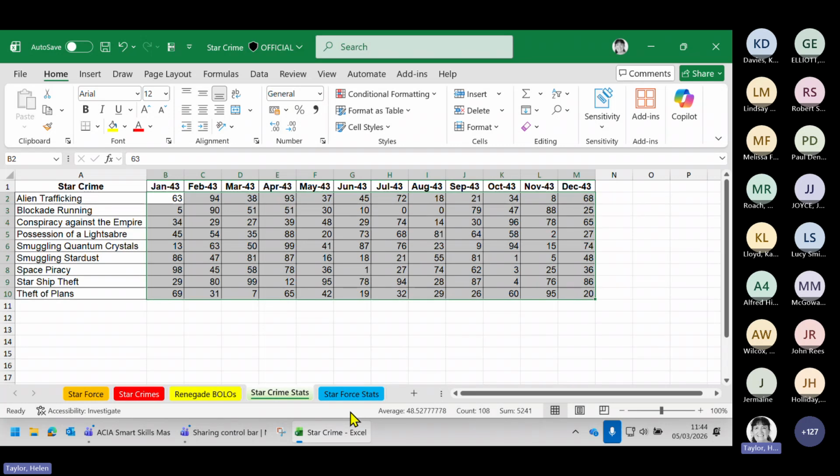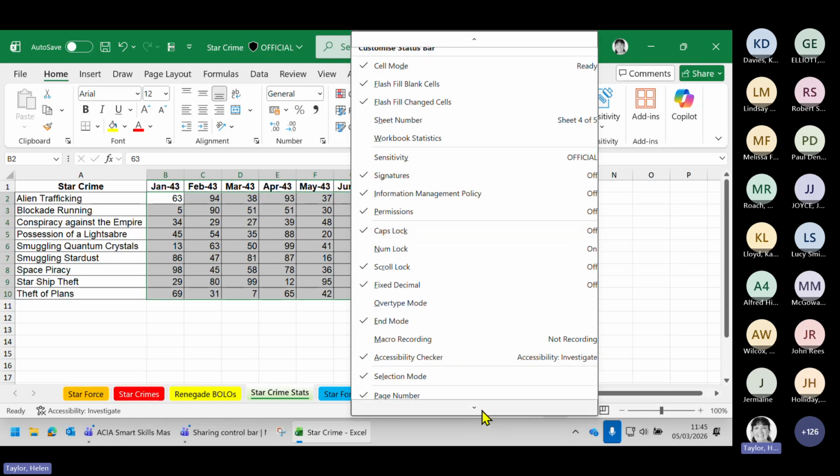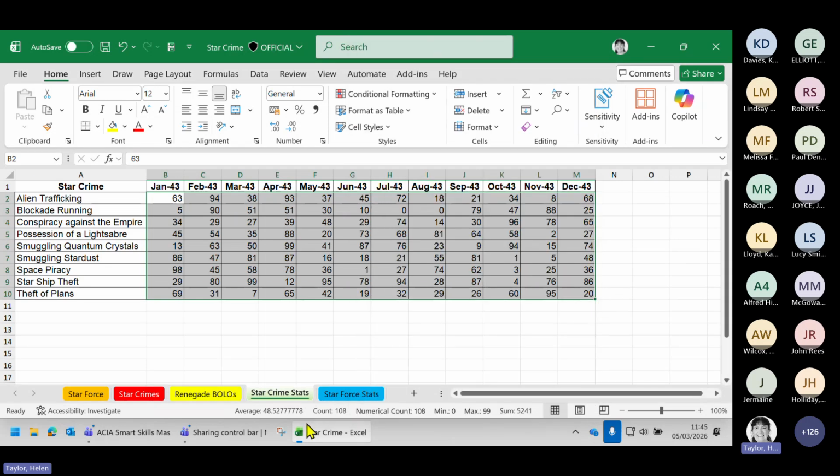If you right click in your status bar, you get, a bit like we did with the quick access menu, things that you can show or turn off. Now, whenever I use our training laptops, I always turn on caps lock because I don't get a little light on our training laptops. And there's even more. Now, I haven't got all the mathematical ones turned on here. So if I turn all these ones on as well, okay, and then come out, now I get the average,